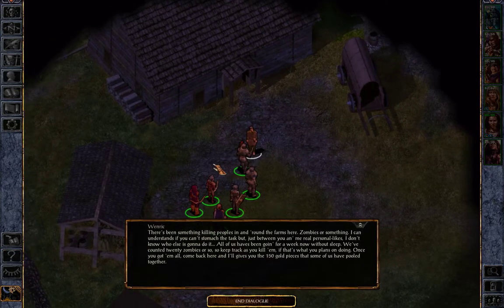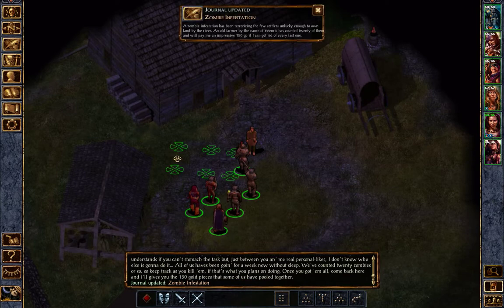Hello, pal. There's been something killing people in and around the farms here. Zombies or something. I can understand if you can't stomach the task, but just between you and me, real personal likes, I don't know who else is gonna do it. All of us has been going for a week now without sleep. We've counted 20 zombies or so keep track as you kill them, if that's what you plan on doing. Once you got them all, come back here and I'll give you 150 gold pieces that some of us have pulled together. So it's a